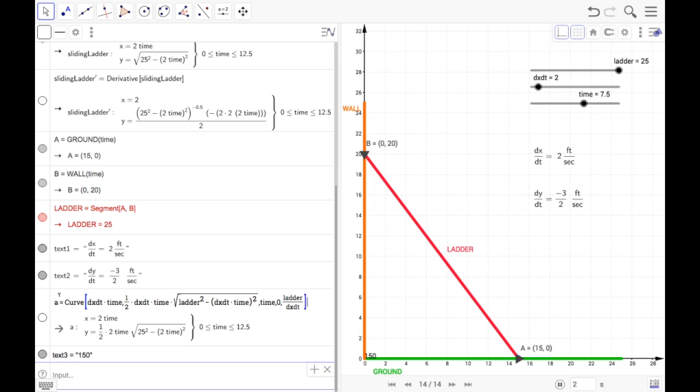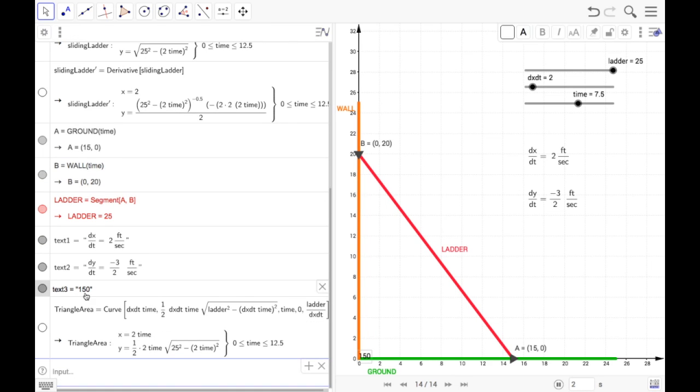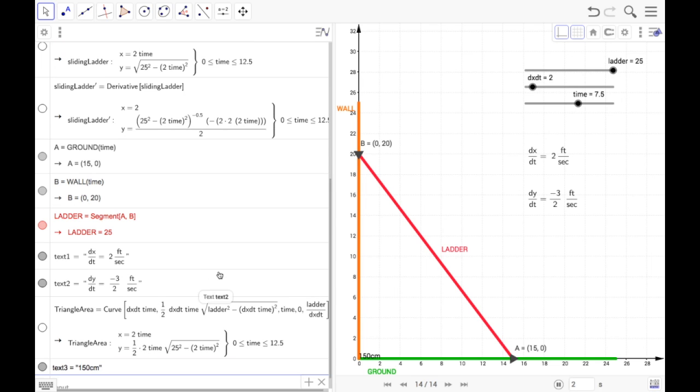Matter of fact, let's go back here and change this from A to triangle area. All right, and then that updated what we just typed in here automatically. All right, so we see that what it did was it took 20 times 15 and took half of it. Well, half of 20 is 10, and then 10 times 15 does give me the 150 that we see here. What I want to do now is try to clean this up a little bit. So let's put in centimeters for some units.